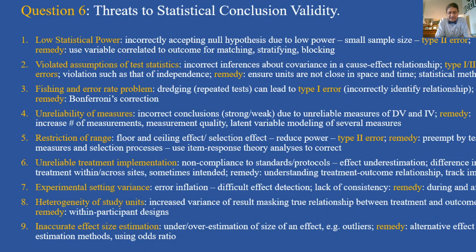Threat number 8 is heterogeneity of units. Due to increased variance and resulting greater standard deviation, the relationship between treatment and outcome will be blurred when the units are too heterogeneous. For example, ignoring certain characteristics of units that interact with the treatment outcome relationship may occur when the heterogeneity of units is present. The best solution is to select homogeneous units, which is obviously the most logical one, but that